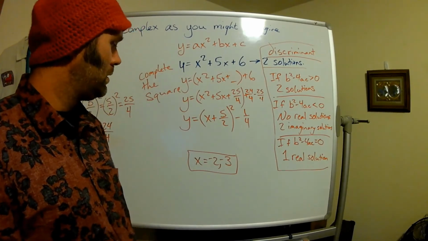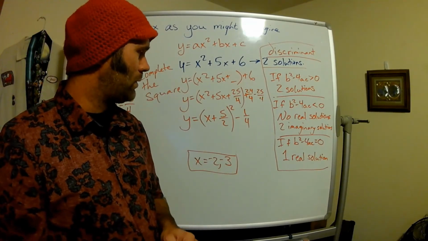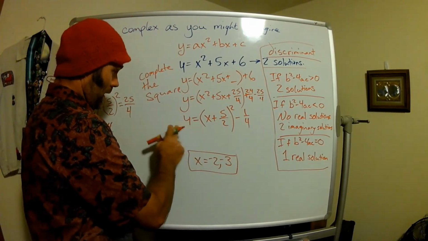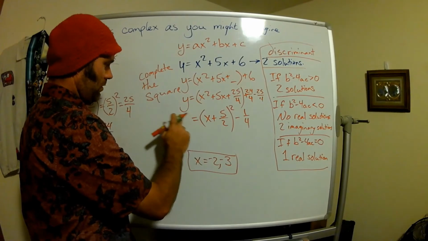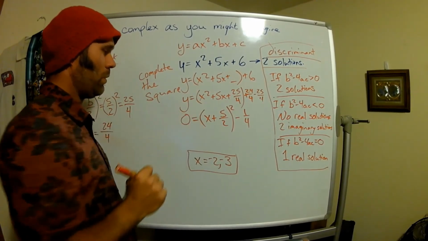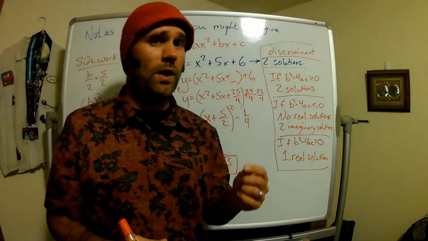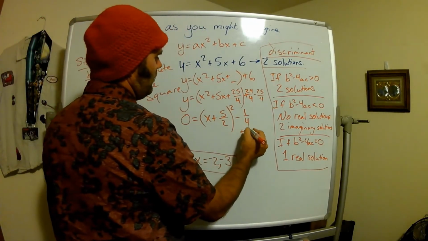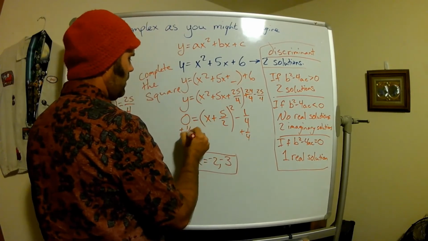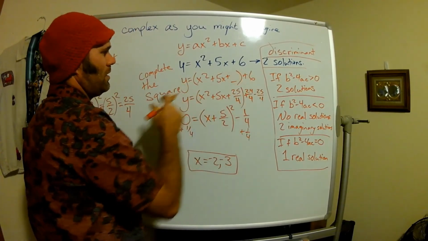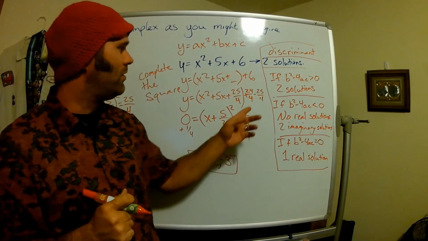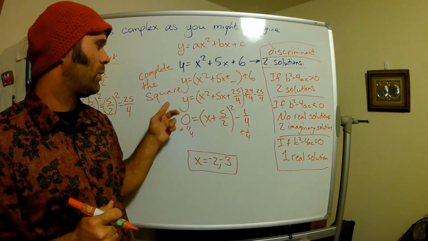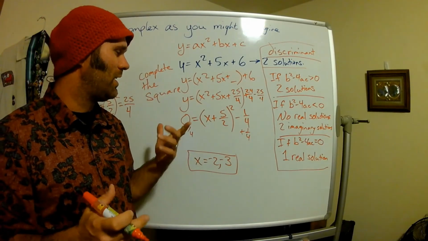That's it. Now, can we get -2 and -3 out of this? Well, let's find out. First, we're going to plug 0 in for y, because that's always been the case, that what we're really trying to find are the zeros. That means when y is 0, what does x equal? Okay, we're going to add 1/4 to both sides. And you say, wait a second, you could have just done that to begin with, subtracted 6 from both sides, and then we could have added 25/4 to the other side,